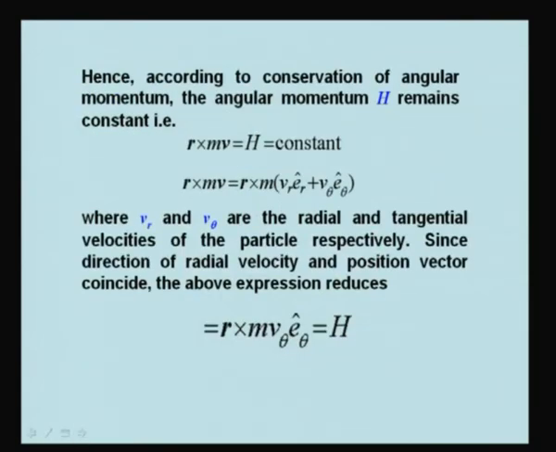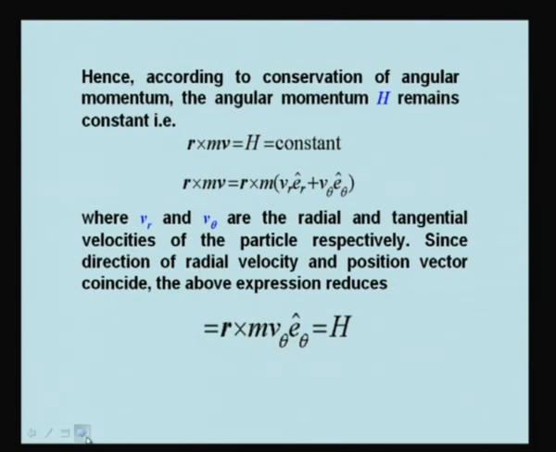Here Vr and V theta are the radial and tangential velocities of the particle respectively. Since the direction of radial velocity and position vector coincide, this expression reduces to r cross m V theta E theta,